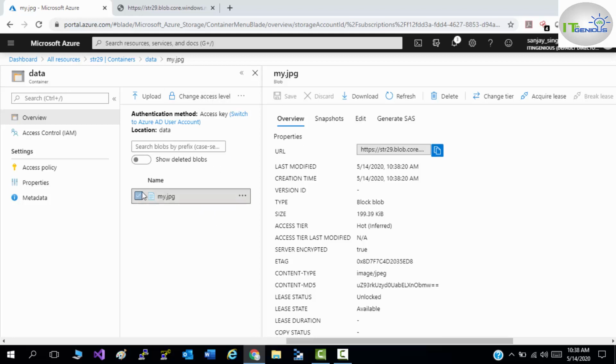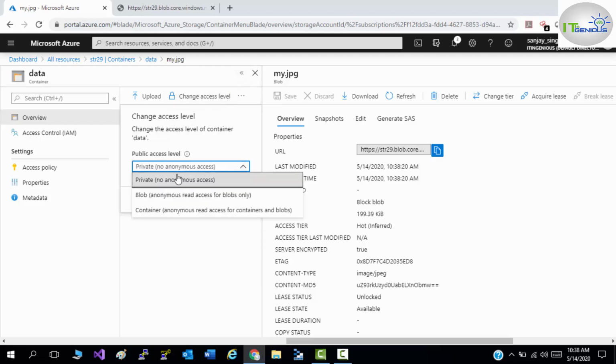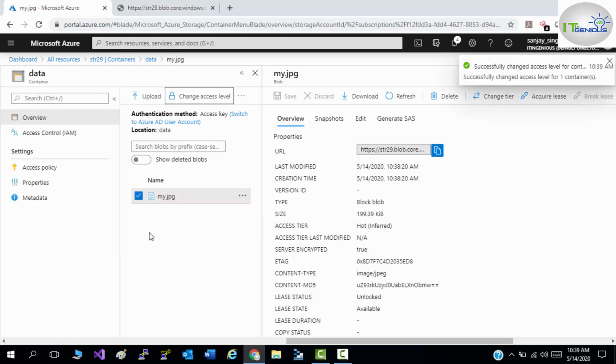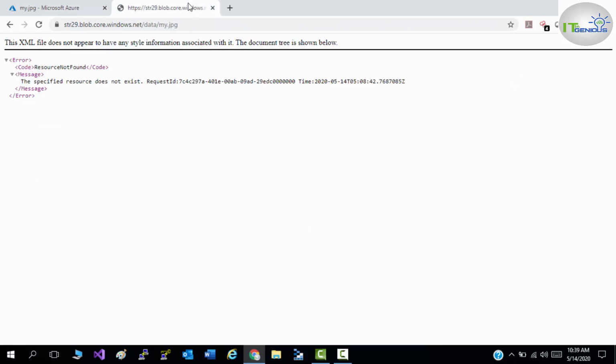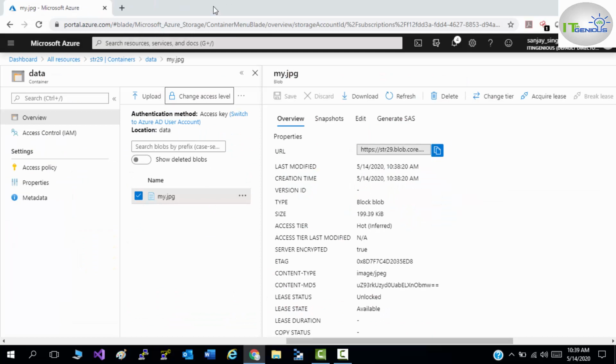There's an option, change access level. Click on it and change it to blob, anonymous access, then click on OK. Now anyone can access this image through that URL with read access. Just refresh your URL and you would be able to see the image I uploaded. Now I'm able to access this image.